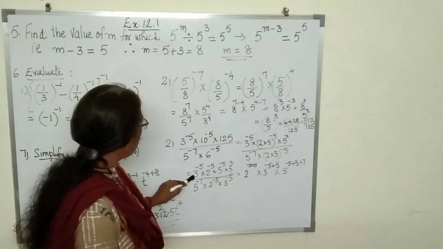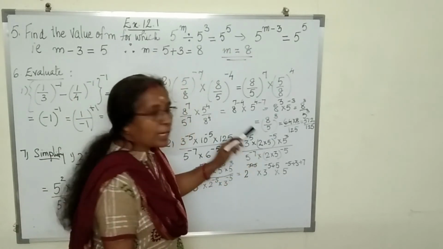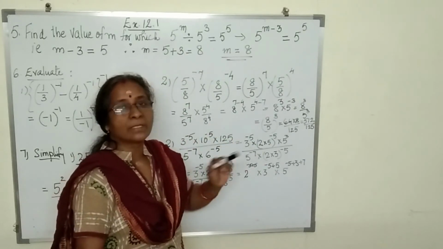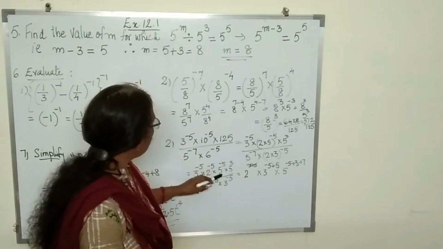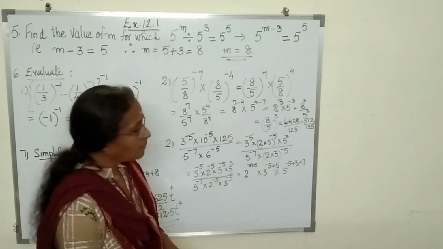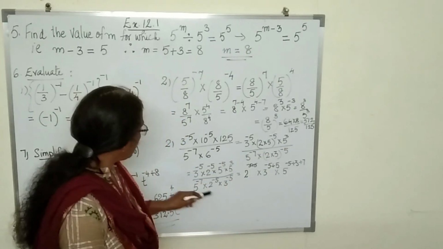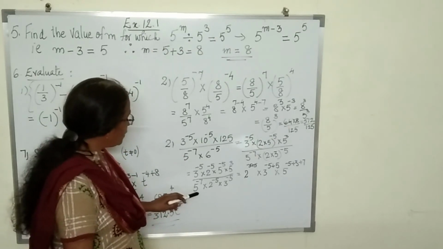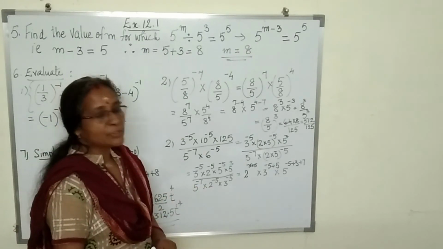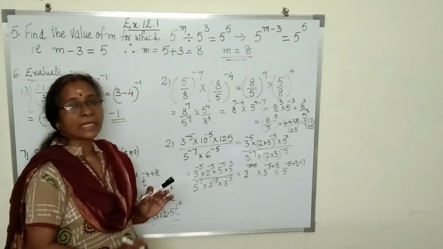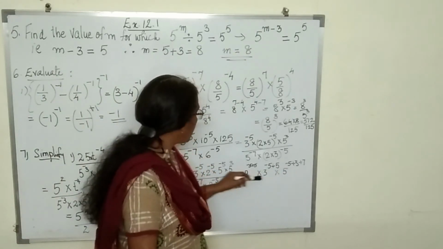Now arrange all of them. See here, 3^-5. When we open the bracket, we know (a into b)^m is a^m into b^m. So 2^-5 into 5^-5, and then the last term, that is 5^3. Similarly, in the denominator, it is 5^-7 into 2^-5 into 3^-5. Now let us take all the like terms and arrange them in order. Okay, the smallest one first.